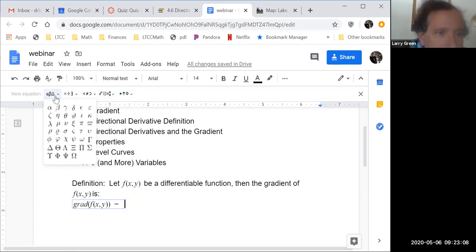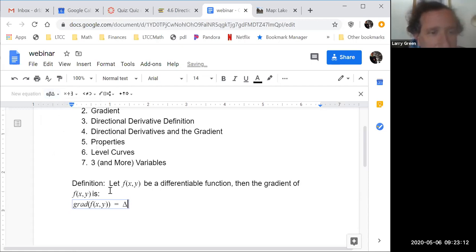Okay, bad luck. So I'm just going to do this even though it's not quite right. So let you know it's not this triangle, but unfortunately, the Google Docs I'm using doesn't allow it. Take this and turn it upside down. Can y'all imagine that? So it's an upside down del. Okay, so the grad is also written this way with an upside down delta of f of x, y